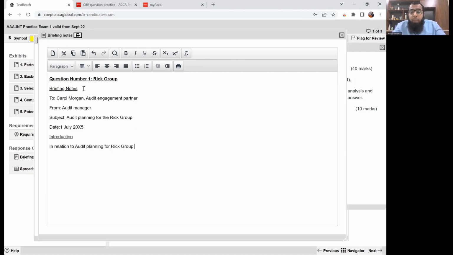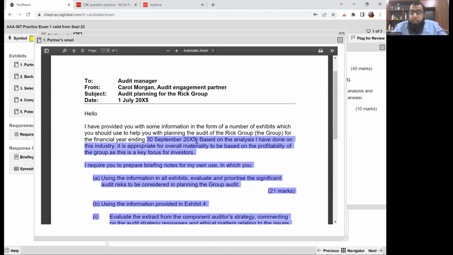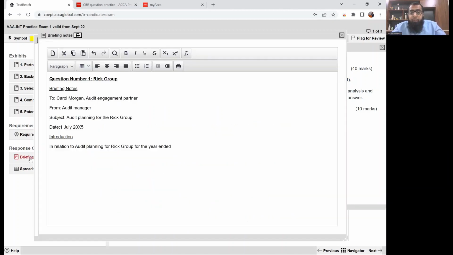In relation to audit planning for RIG group for the year ended. Now what is the year end? You can see here, for the year ended 30th September 2005, the following information is relevant for evaluation of